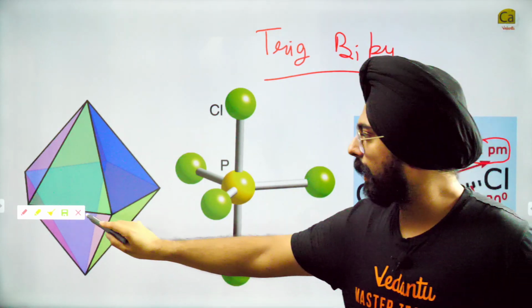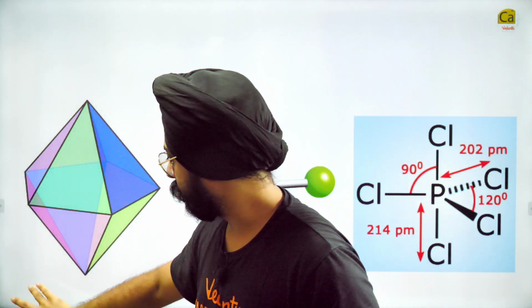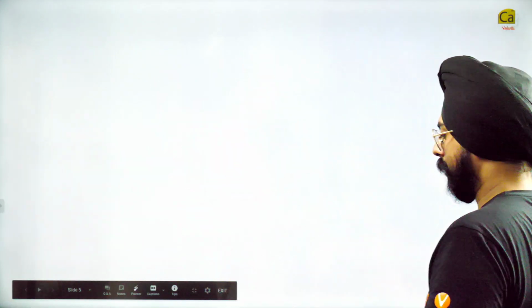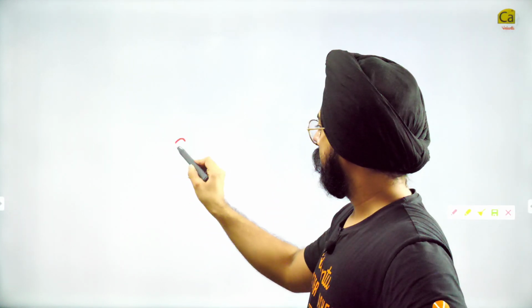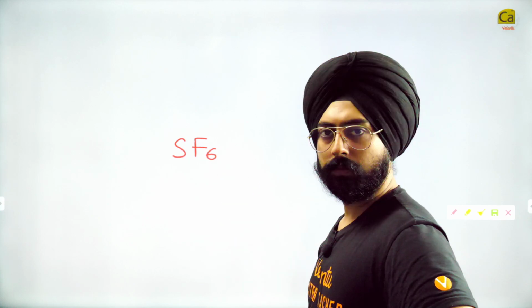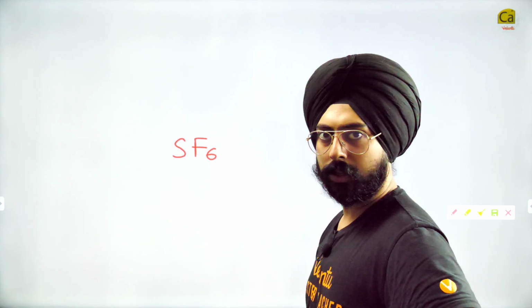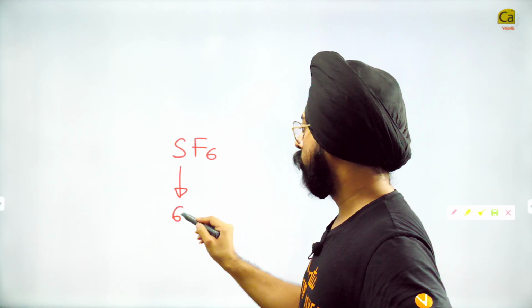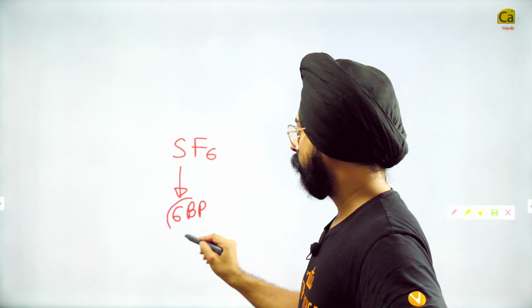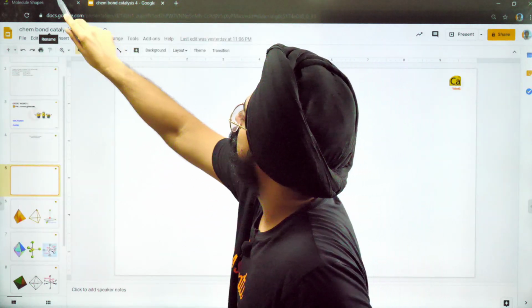Now let's move ahead. Let's move on to the next case. Before showing you the images of the next case, let's just try to write it down and imagine what is going to happen there. So this case could be something like SF6. Okay. Sulfur with 6 fluorines around it. So sulfur over here has only 6 bond pairs. Okay. Let's try to see what it looks like in 3D. So you have to arrange 6 lines in 3D so that they have the maximum distance between them, minimum repulsion between them. Let's see a particular case over here.